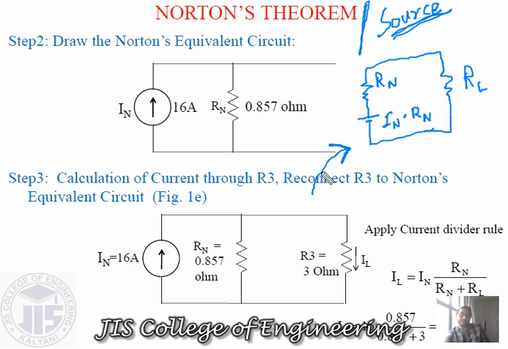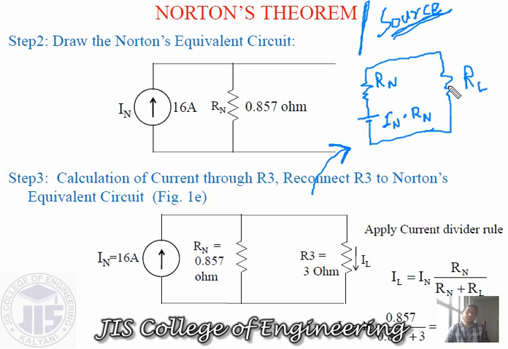Suppose you solve the same circuit by using Thevenin's theorem, your ultimate result will be this one, and this value will be exactly the same as your previous Thevenin voltage and this Rn. This Rn or Rt is the same value for Thevenin's theorem and for Norton's theorem. So in this way you can solve any circuit, if the circuit criteria permit the general protocols of Thevenin's and Norton's theorem, like a linear, active and bilateral network, and for that circuit you can apply Thevenin's theorem as well as Norton's theorem.